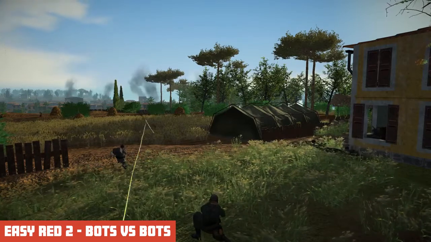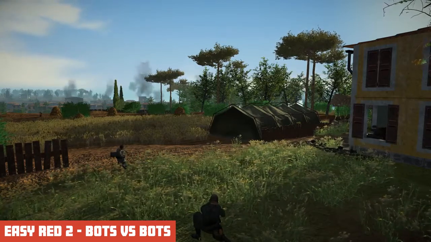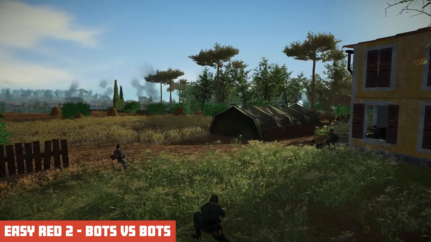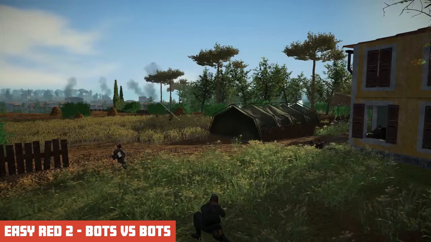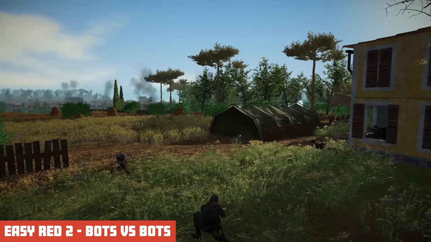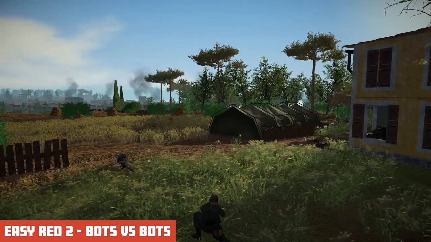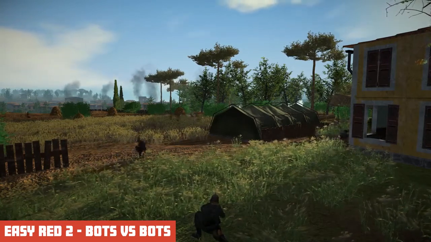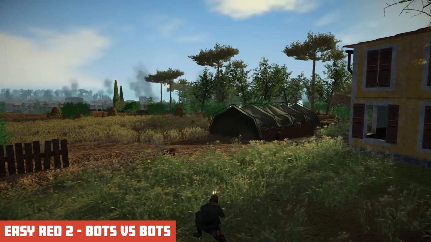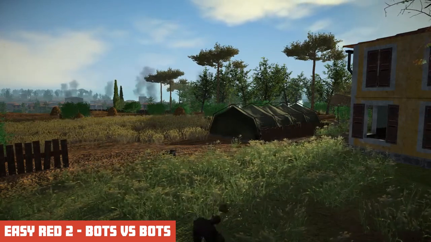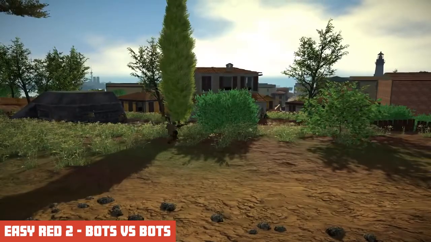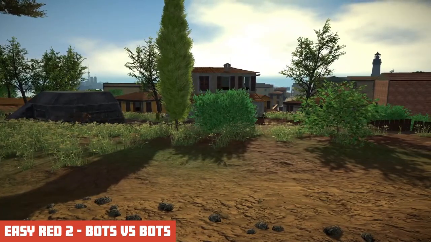I personally, and I don't mean to offend you, don't think the multiplayer is ever going to be popular for PvP battles, but I think where you have found a really good spot is the co-op in the PvE, the player versus environment. I think that's where Easy Red really excels because you can get a group of people together and play on these big maps and have a really good time just having fun against the AI or just little skirmishes together.